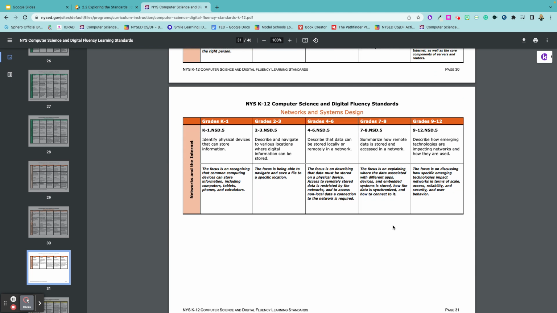And then finally, you're going to summarize how remote data is stored and accessed in the network. The focus is on explaining where data associated with different apps, devices, and embedded systems is stored and how data is synchronized and how it's connected. So really, we're just taking a look at what we do with our data, how is it organized, where is it, and how does it connect to get us from point A to point